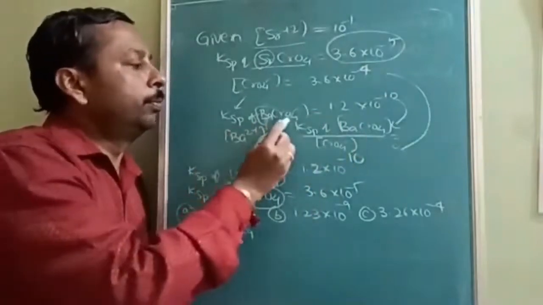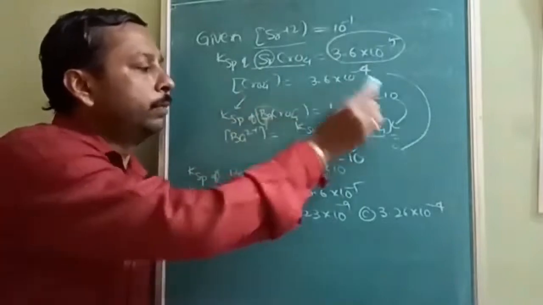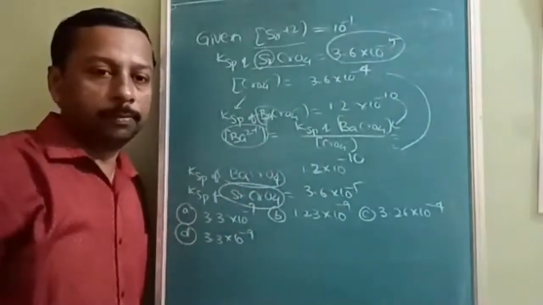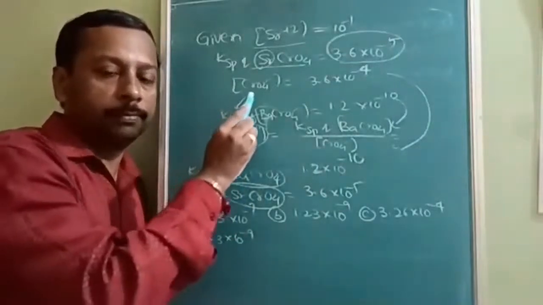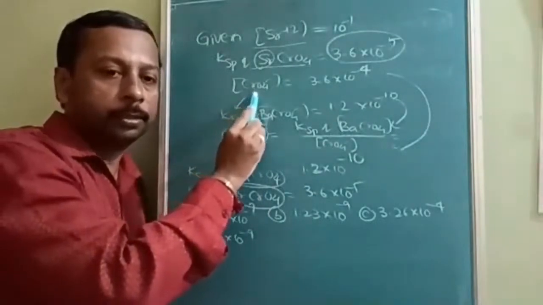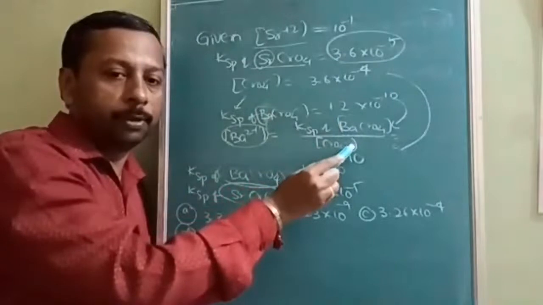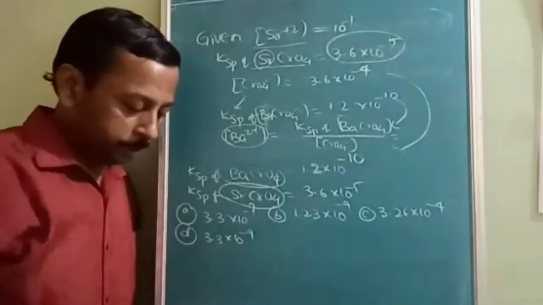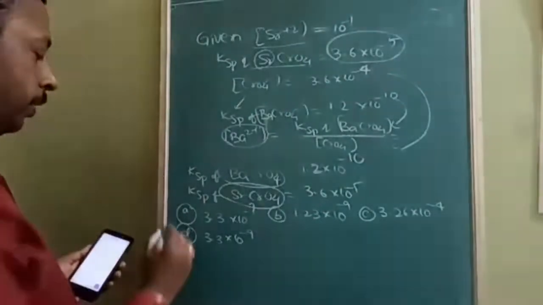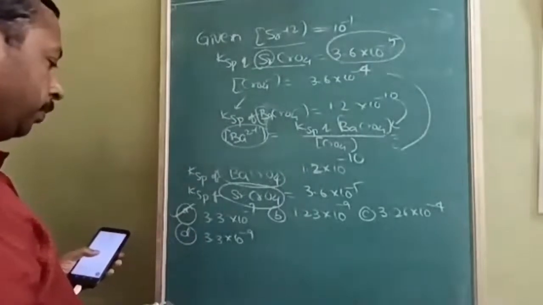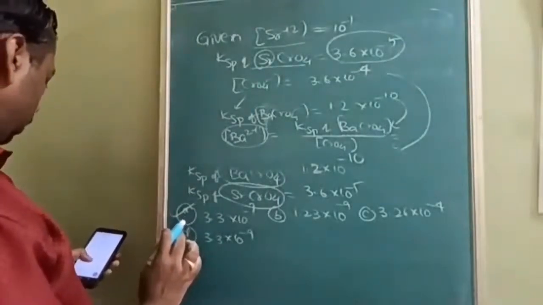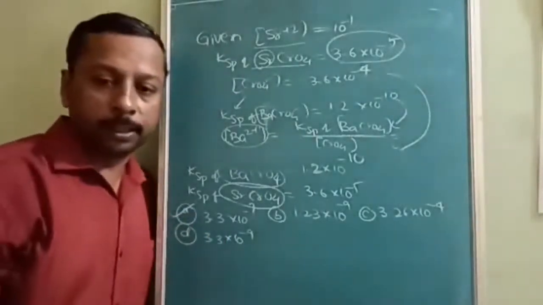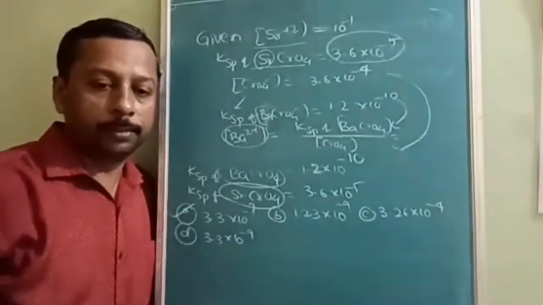So now we have the chromate value for barium chromate. Simply substitute the chromate value here and Ksp here, and you will get the concentration of Ba2+. From one salt we found the chromate concentration, then substituted it in the other formula with its Ksp, and you will get barium 2 plus. Very simple two-step answer. For this question, the answer will be, sorry, wait, 3.3 into 10 to the power of minus 7. A will be the correct answer. Note down this procedure.